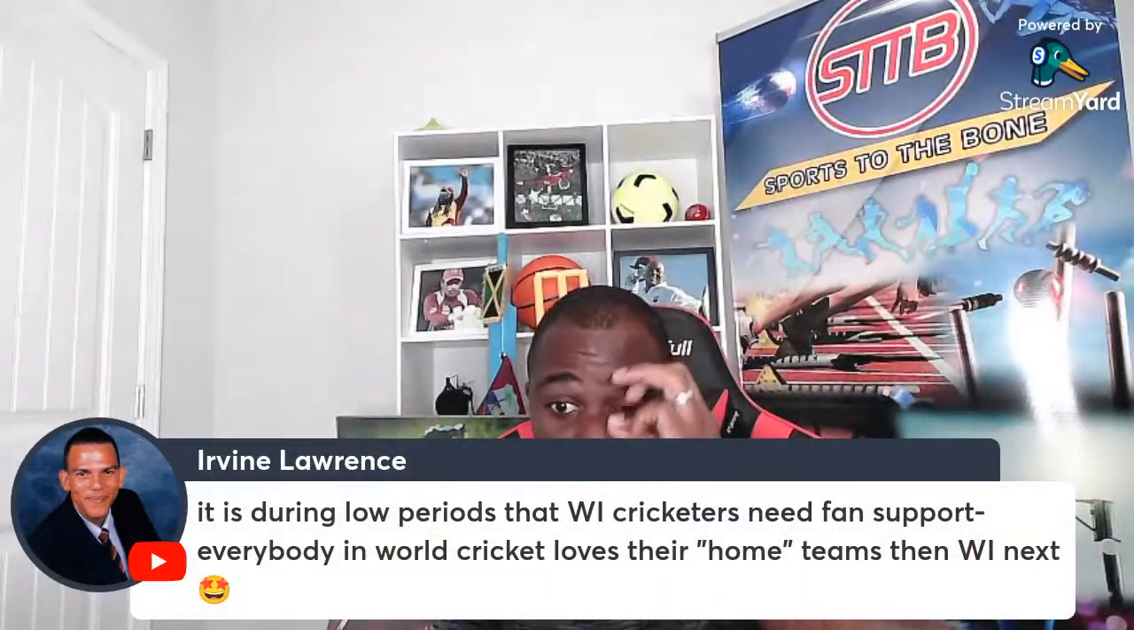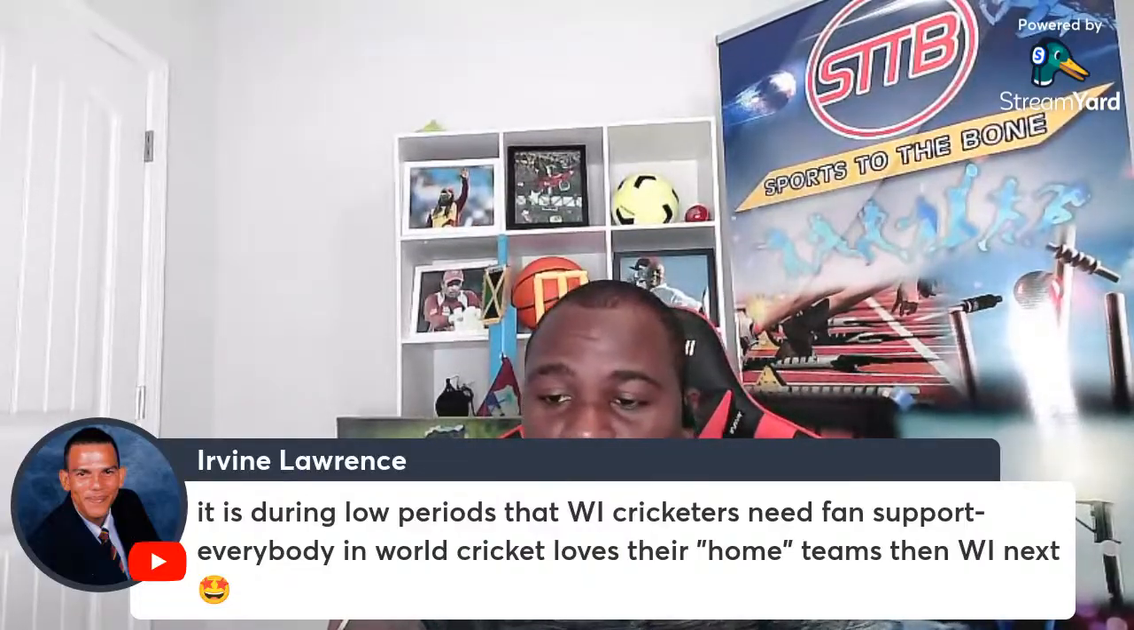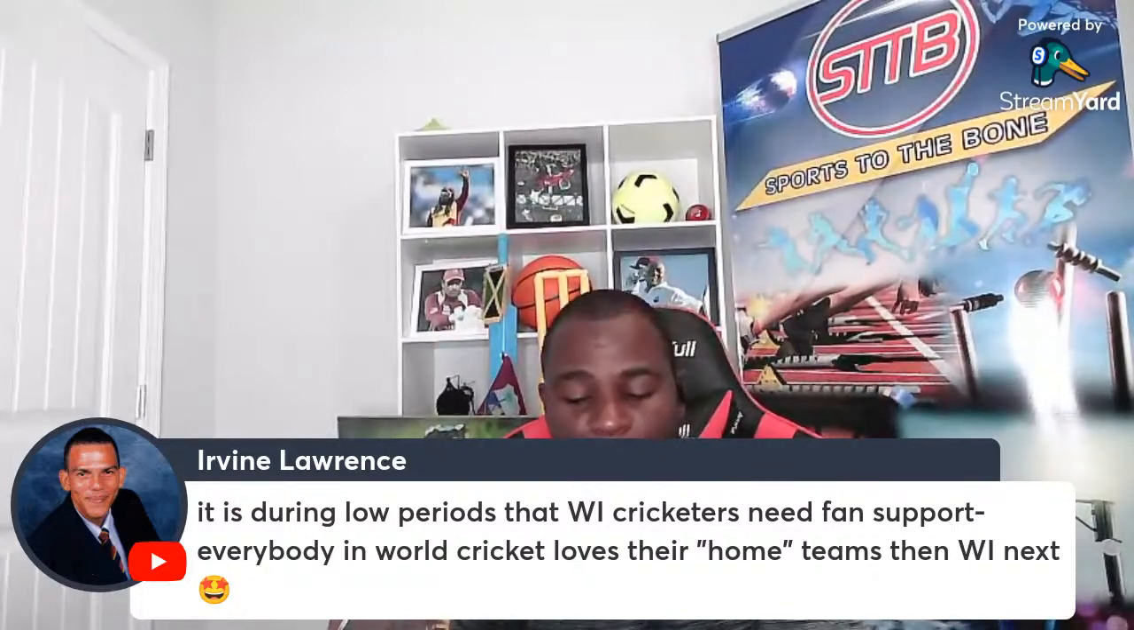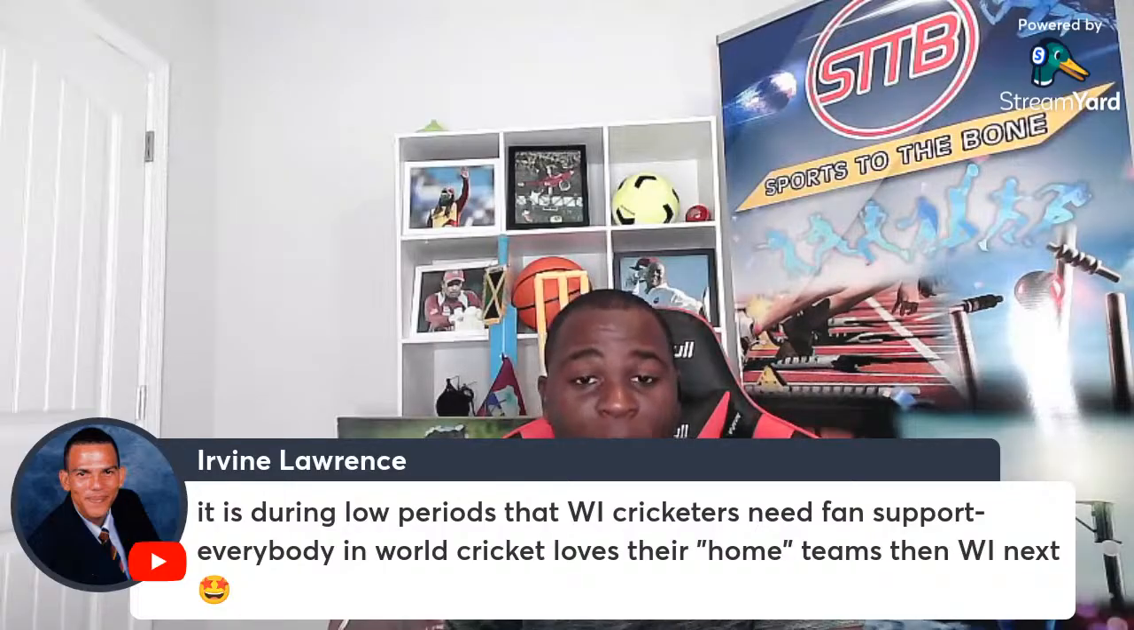I think it's during the low period that West Indies cricketers need fan support. Everybody in world cricket loves their home teams, then West Indies next. Yeah, that is true. Well, I don't know if everybody, but most teams, especially when we do things like this, we see people from other countries that come on and say that West Indies is their second team. The worst part about it, though,